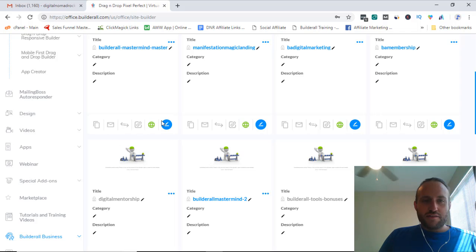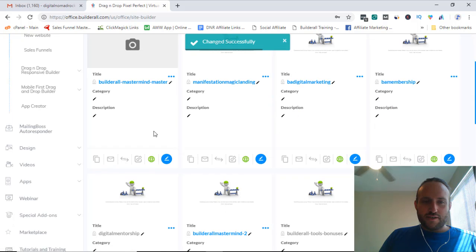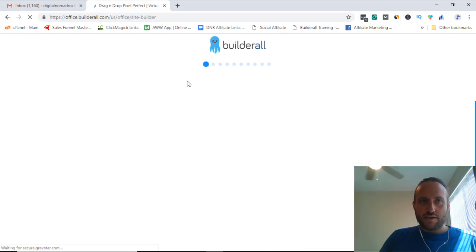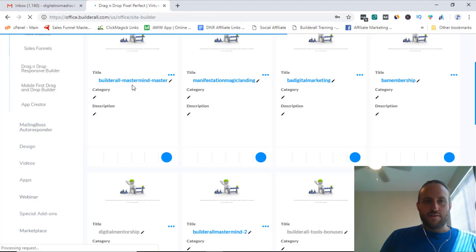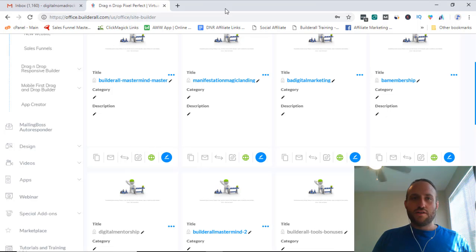Anyways, the key here is this button, public layout. So if you click that, it says change successfully. I think it's okay, and then it's going to refresh. And now there's this link that says get link. So if you click that, it copies it to your